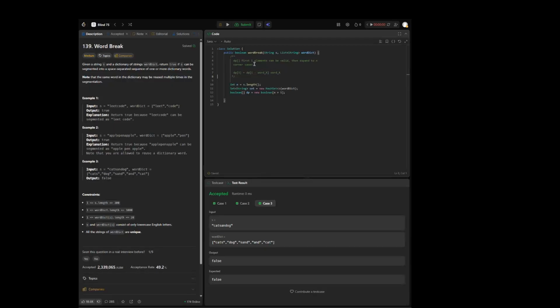So if word x in dictionary, okay. So then the answer can be, let's see, for DP normally we like to increase the i. So for int i equals 0, i less than n plus 1, i plus plus, then